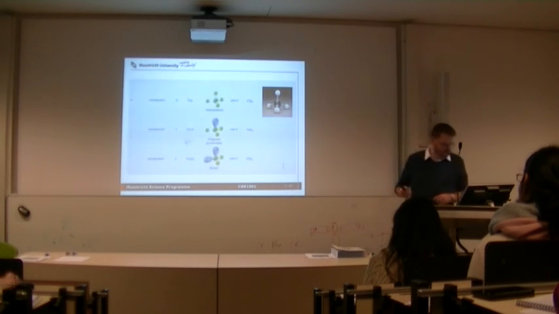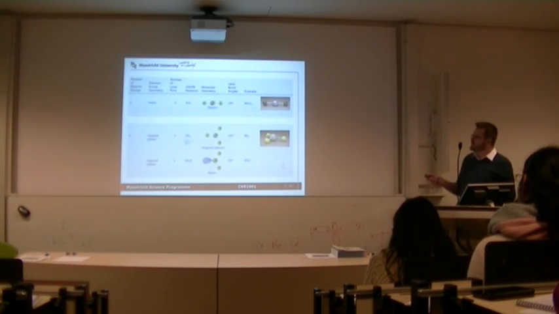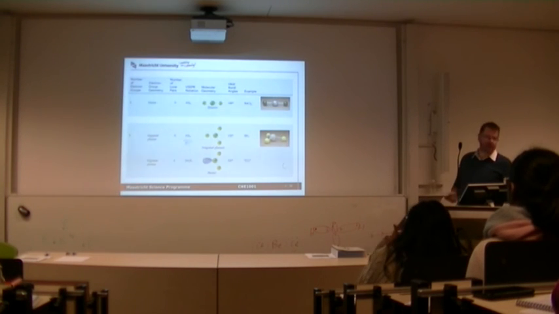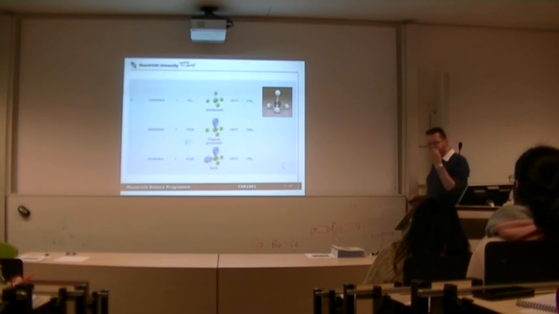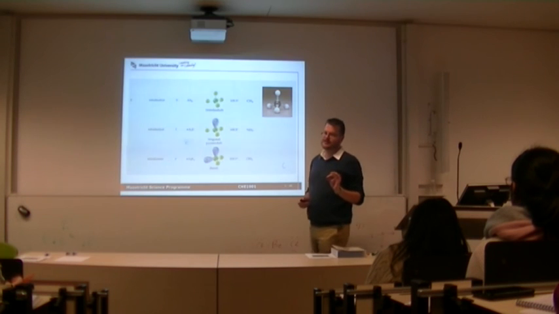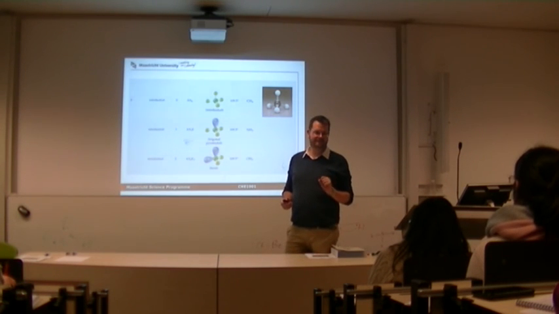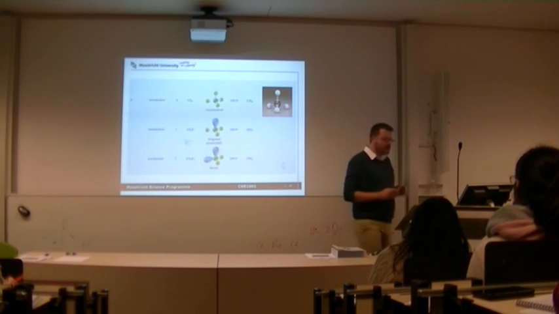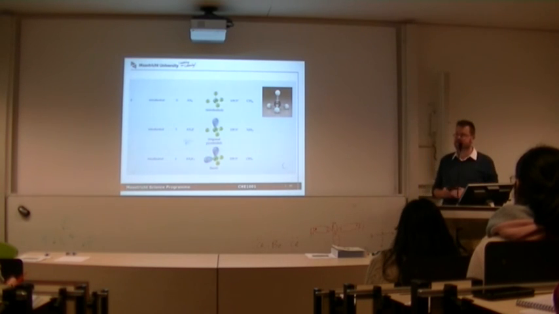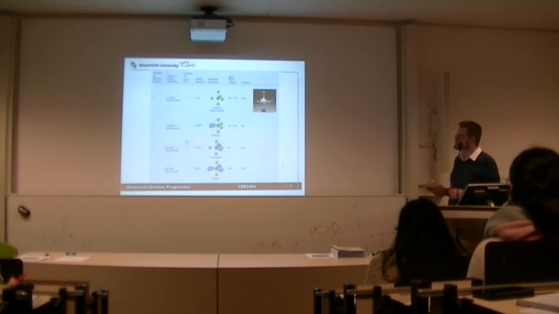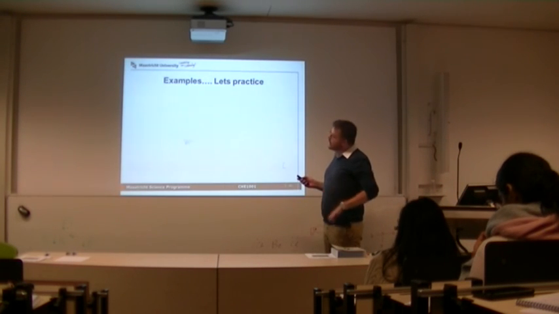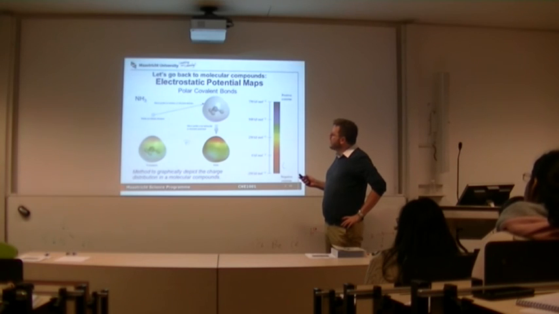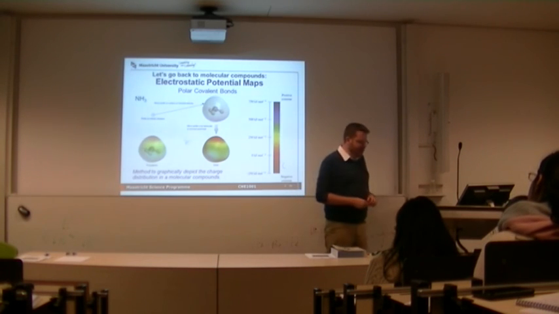So what I expect you to really know and be able to predict is, from the Lewis structure, figuring out what the electron pair geometry is, then predicting the molecular geometry, and then actually drawing it in three-dimensional space. More about this in the PBL session, because we've got a whole PBL devoted to this. Now, examples, let's practice. We've already done so. The last thing I want to discuss today, and I'm not going to go into too many details here,